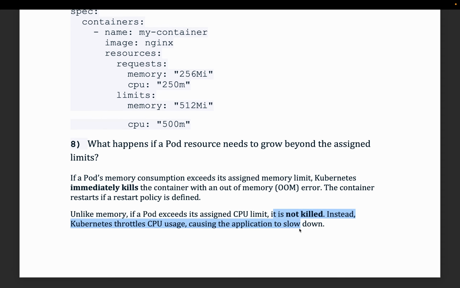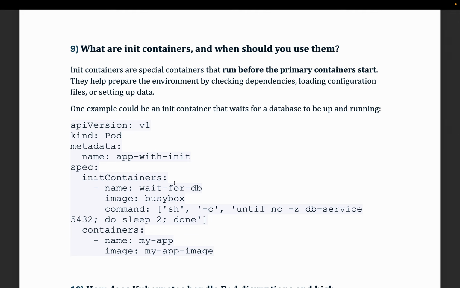Okay. Now moving towards the ninth question. What are init containers and when should you use them? Init containers are special containers that run before the primary containers start. Like if you have a container where your main application is running, like your abc.com application, but before this application, you need a secret which needs to be read and utilized in your main container so that it can make the connectivity and run the application. So your init container will run first, it will fetch the secret,